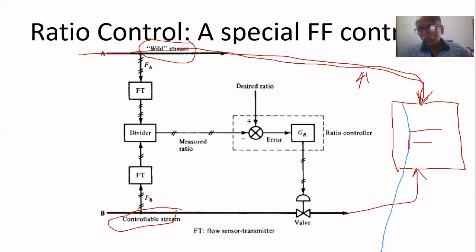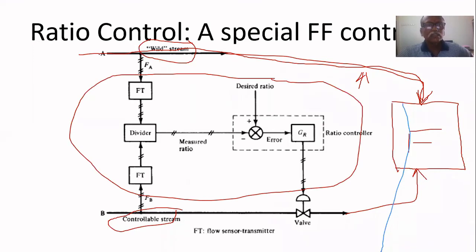If more heat is required, the flow rate will increase. If demand reduces, this reduces. If any disturbance is coming to the process, this will either increase or decrease, depending upon the disturbance. So as far as this ratio controller is concerned, this is the wild stream. It will change depending upon the requirement, or some other controller will control this stream. Another one is the controllable stream. So here we have to supply air to the